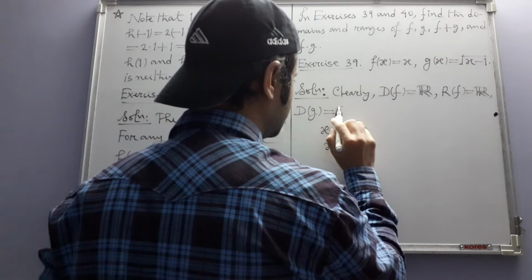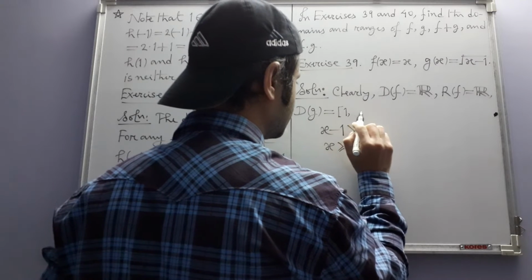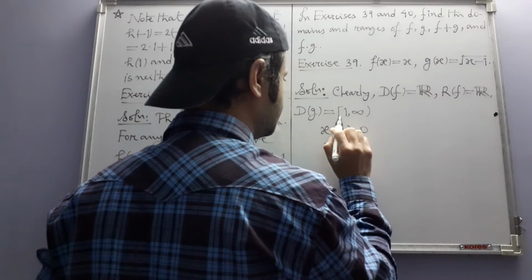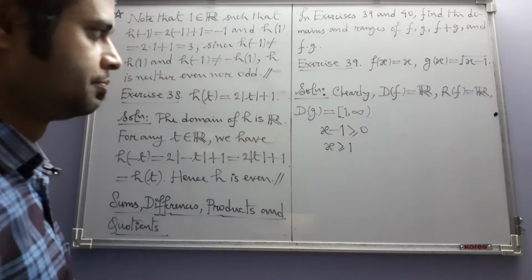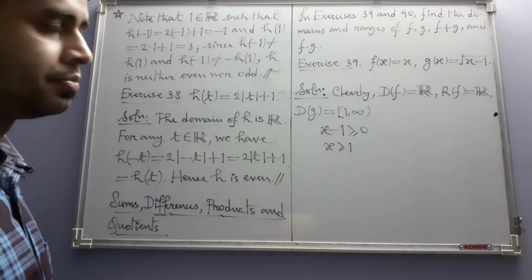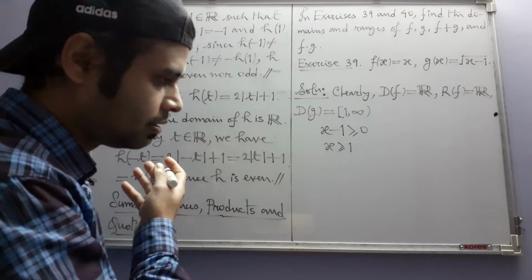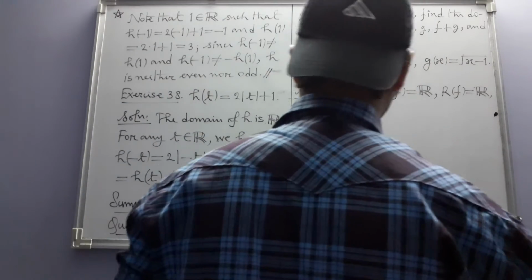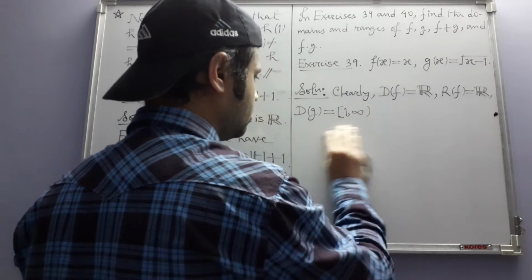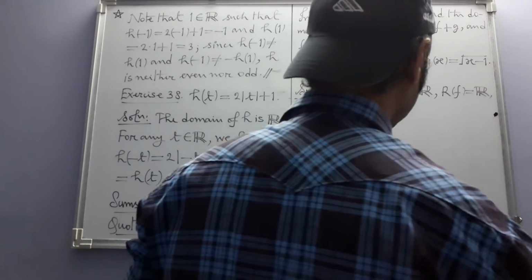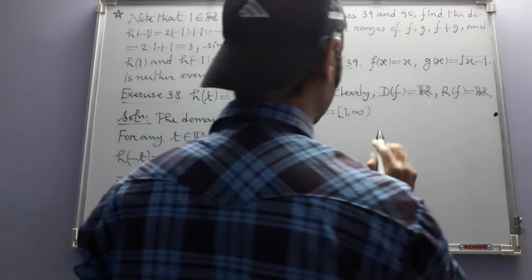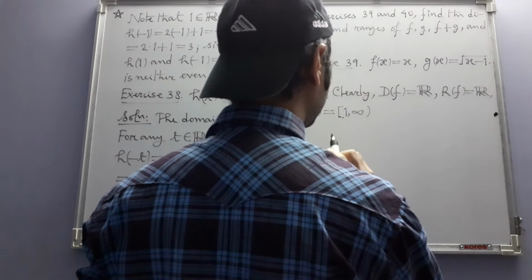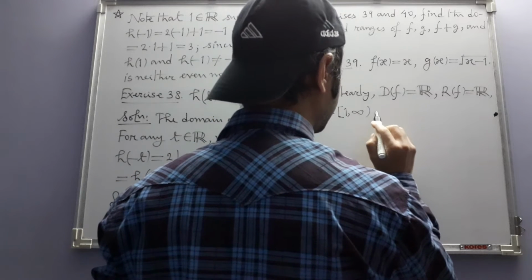So in this case, the domain is this interval, closed ray, starting from 1 and going towards plus infinity. Okay, so domain of g is this,